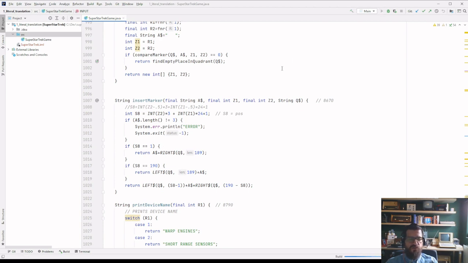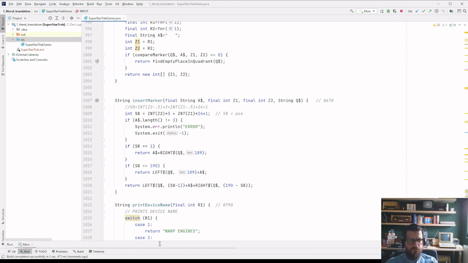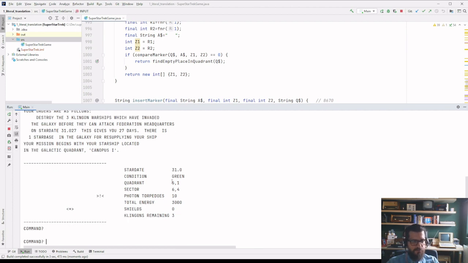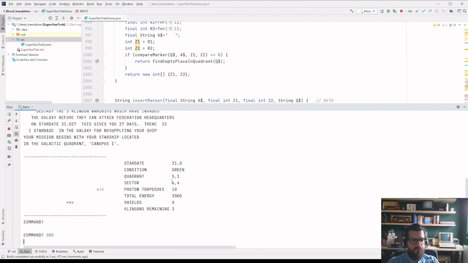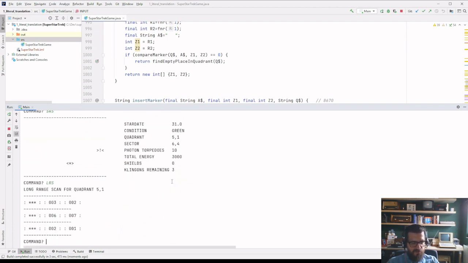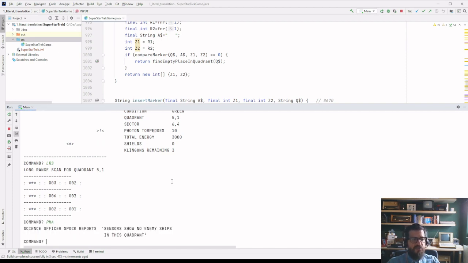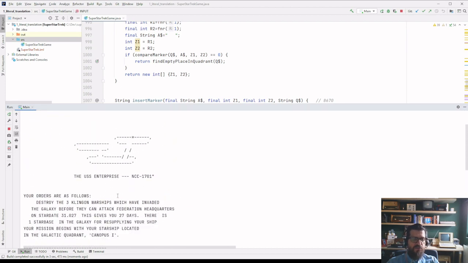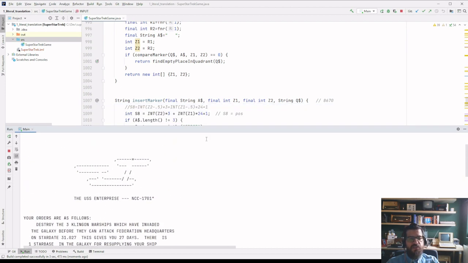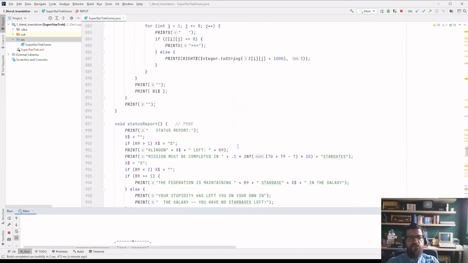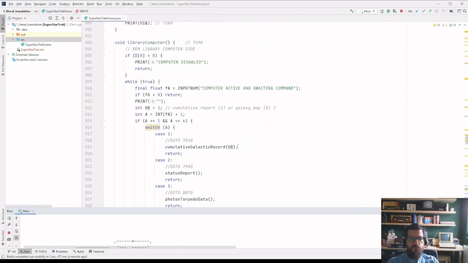So for instance, if I run the program here, you see this is what it looks like. And you can see that it's very similar, as it should be, to the rendering of the original program. And this is what the source code looks like. I will leave links to where you can find my entire source code so you can take a look at